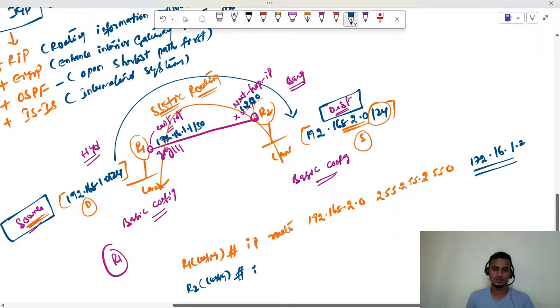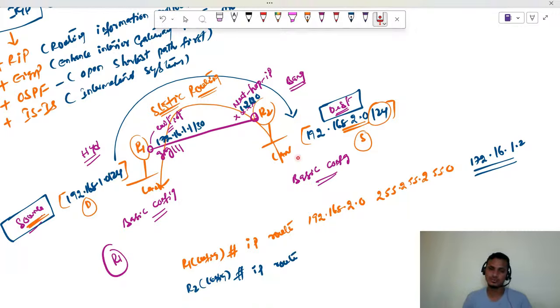The same thing again, you are going to mention ip route and the destination network ID. This time, since you are configuring from here, this will become your source, and this network will become your destination. So here you are going to change the destination network. We are trying to go in this direction, so this will become our source, and 1.0 will become our destination. So you are going to mention here